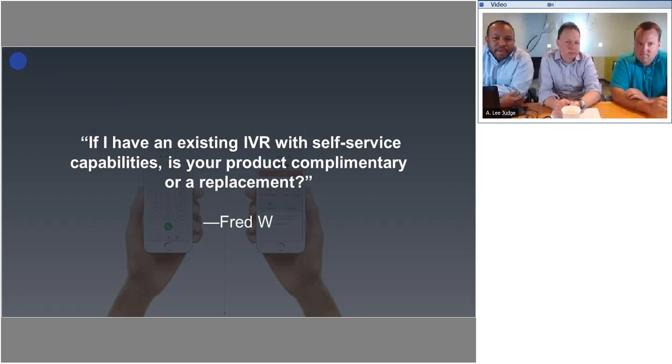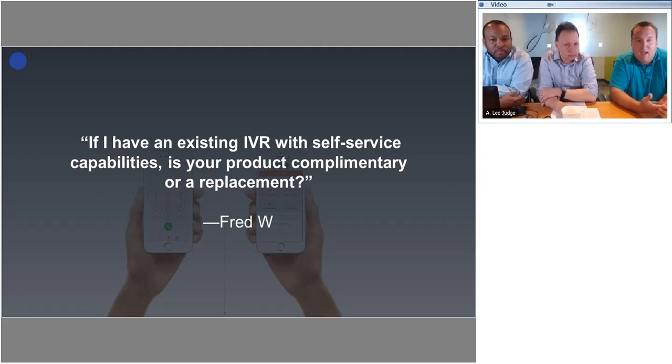The first question we have here says, if I have an existing IVR with self-service capabilities, is your product complementary or a replacement? So I'll take this first one. That's actually a very good question, and one that we receive quite often. And something to keep in mind or to remember is the fact that